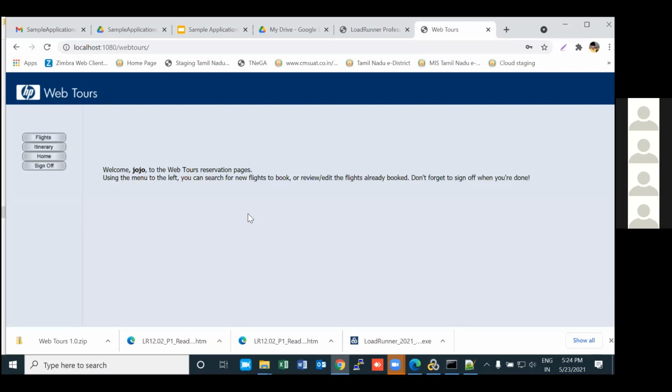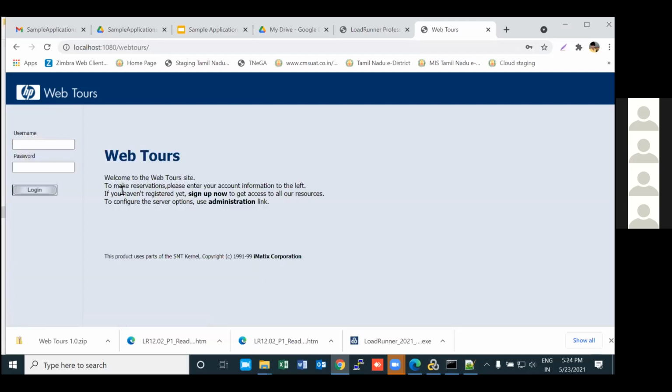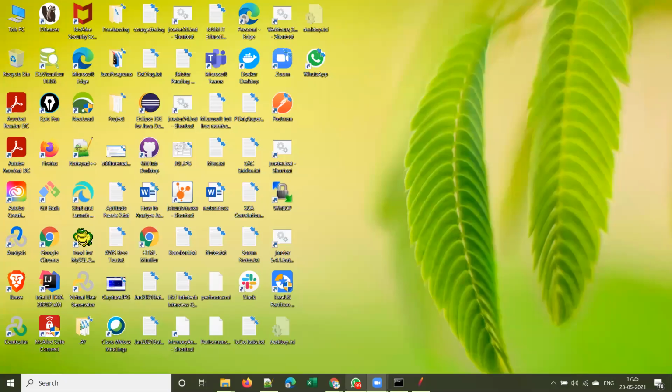Okay. So assume that you are doing performance testing for this application. We will take what are the critical business flows of the application, or what real users do with this application. We will develop one script for each of them, and we will do a load test with all those scripts. Is it clear? Right? So first we have to determine what the critical business flows of any application are.